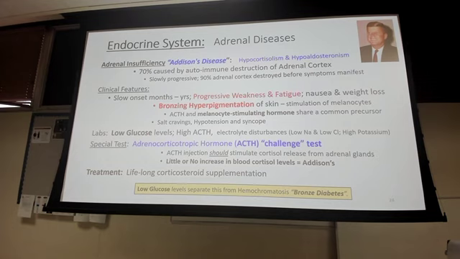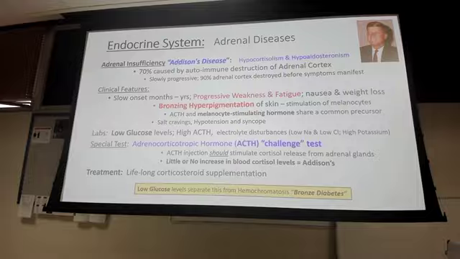It can also cause issues with our GI system, so they may feel nausea and have weight loss. Cortisol controls our appetite as well. So if we have a low level of it, we're not going to feel hungry, so they're going to start losing weight because they're not eating. There's bronzing, hyperpigmentation of the skin. So